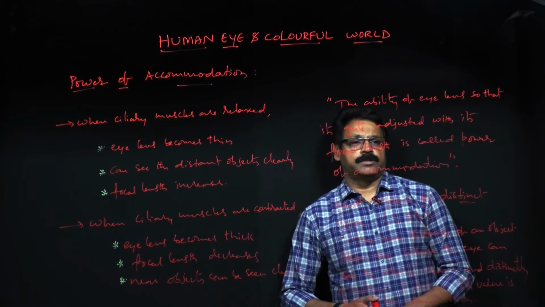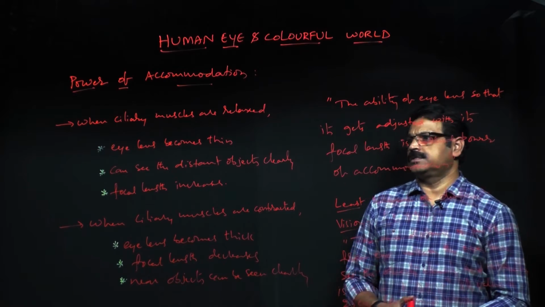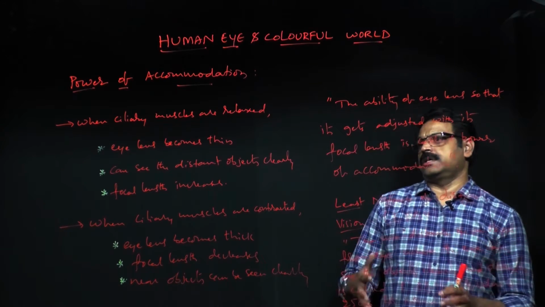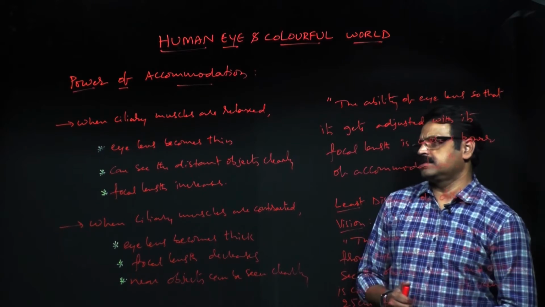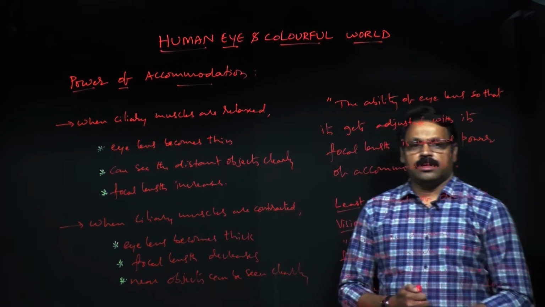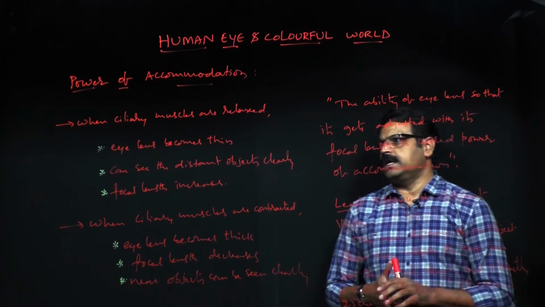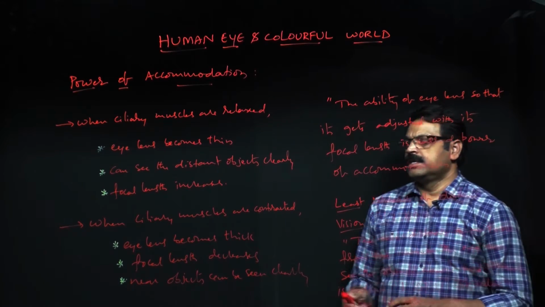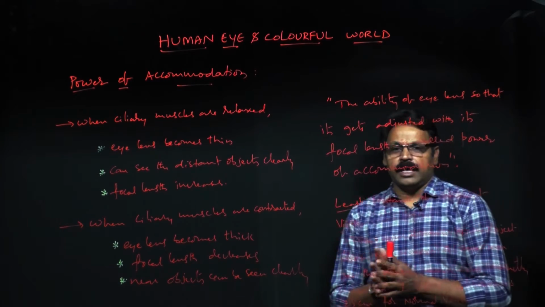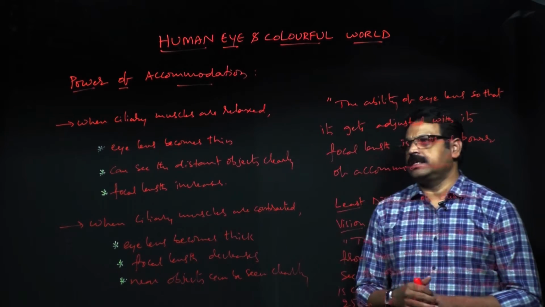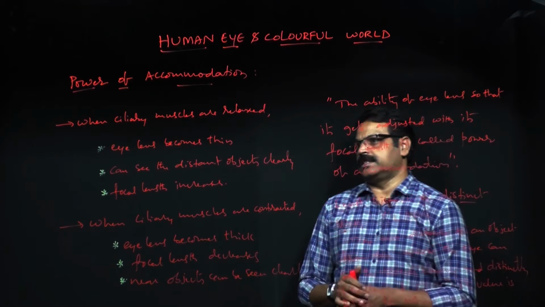We have seen the various functions of the eye and various parts and the pictorial representation of the human eye in the previous videos, and one of the parts of the human eye is the ciliary muscles. So here ciliary muscles will make the human eye, that is the eye lens in fact, change its focal length,